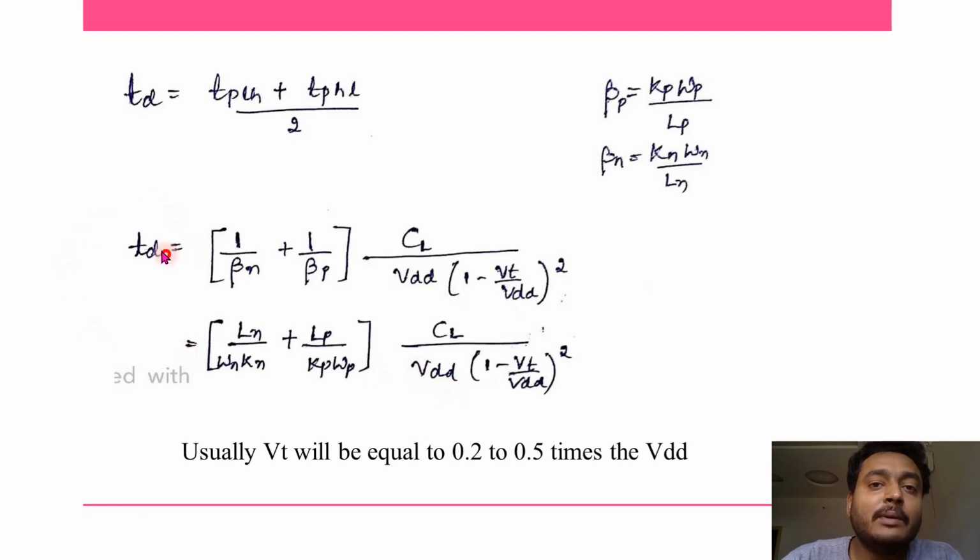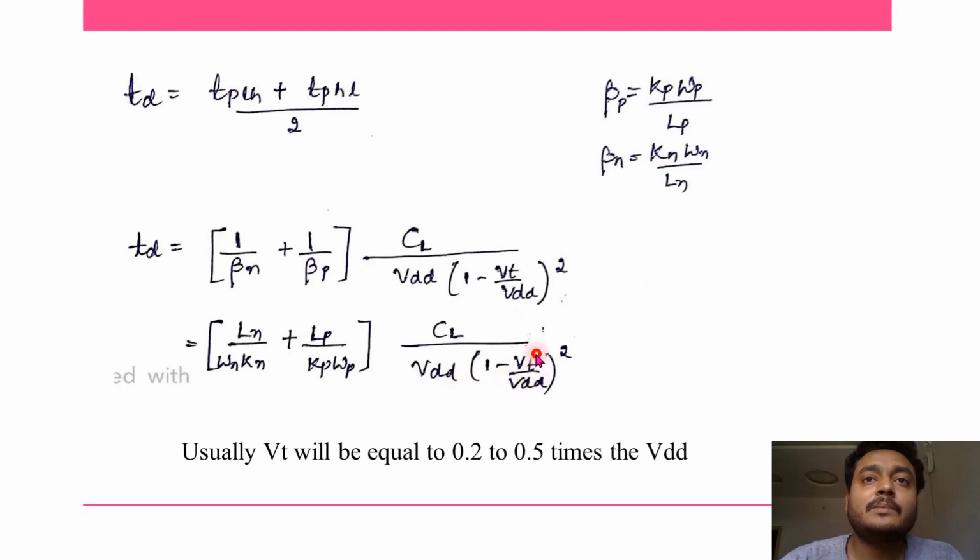Of course delay will come down, but when the power supply voltage is more, the power consumption is more. So this is not going to work out for low power devices, because more power means more energy consumption, right? It's not low power when you start increasing your VDD. And in this relation it also depends on VT of the transistor, so we cannot alone increase or decrease the VDD.